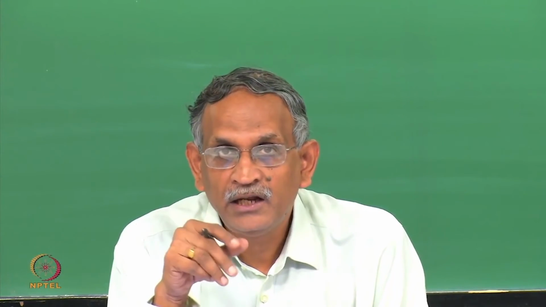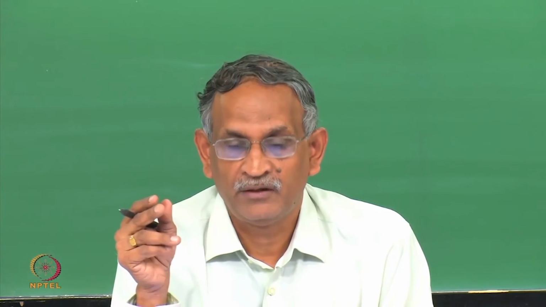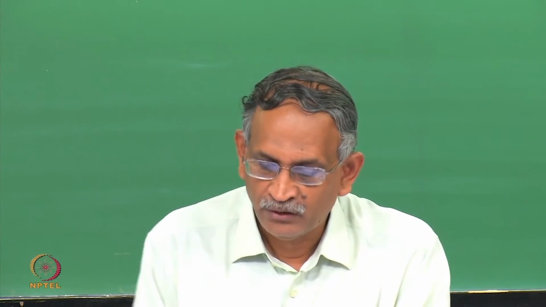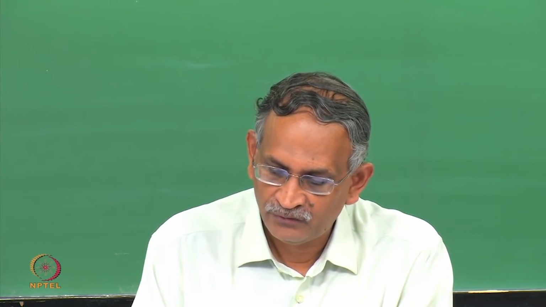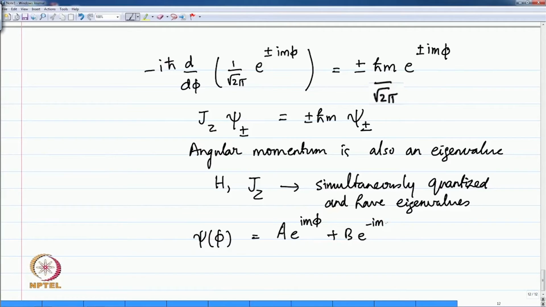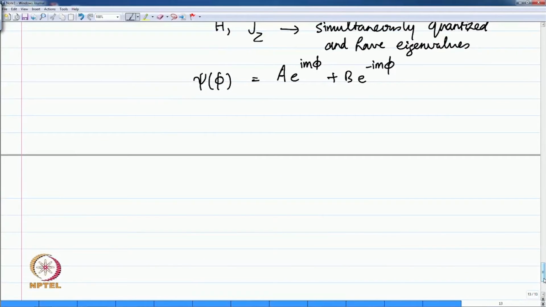But if the wave function is a linear combination of the plus or minus i m phi, then the angular momentum operator does not have an eigenvalue. Because if you write psi of phi is a e to the i m phi plus b e to the minus i m phi, and you can normalize this, if you try to calculate Jz acting on this psi of phi,